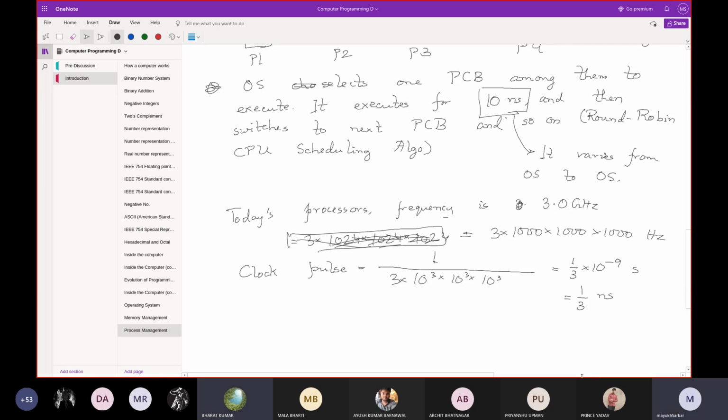You mean, sir, the PCB is changed? No. So you can think about this, that within 10 nanosecond, how many instructions can be executed? Even if I consider that on an average, each instruction takes 3 clock pulses, you get almost 10 instructions executed before it gets to the next process. So consider something like this.